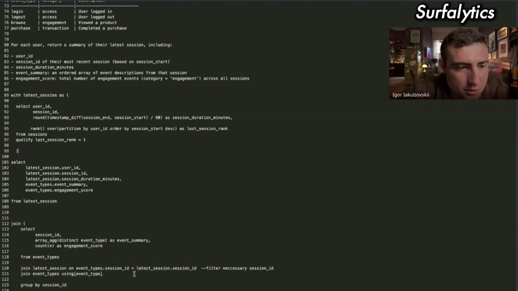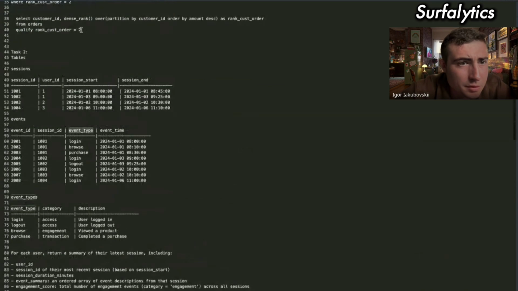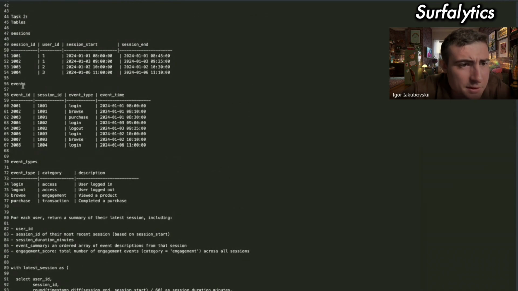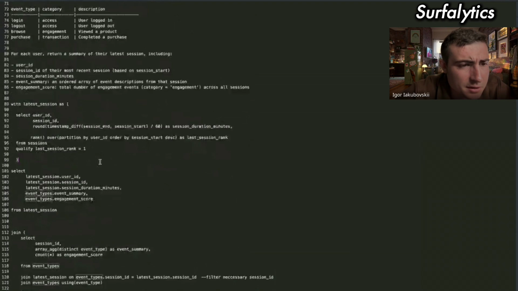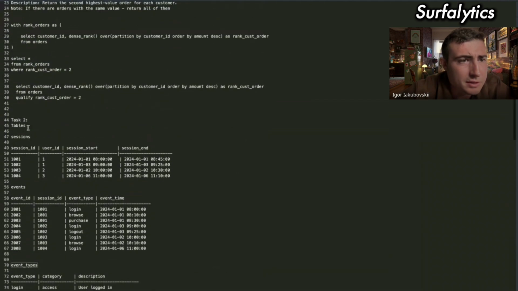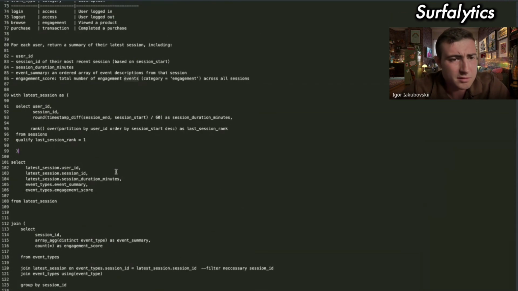Then we join event types using event type column from events here. Latest. Sorry, no, event type. Events here. Yeah, this events from events.